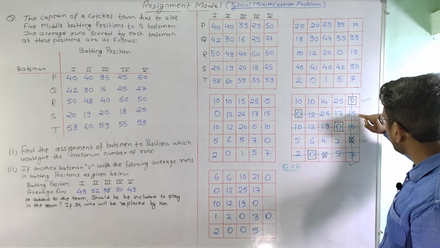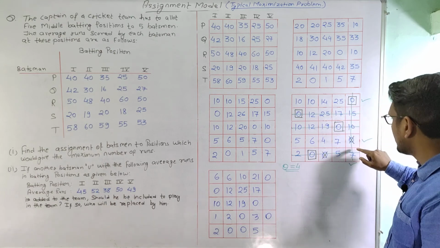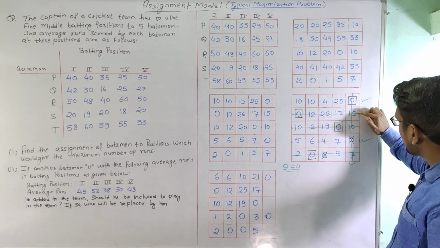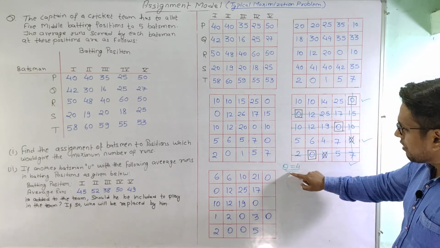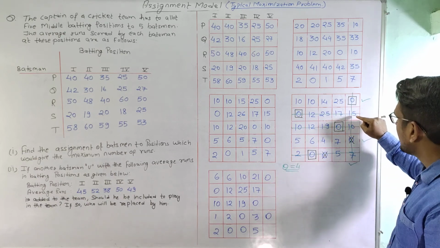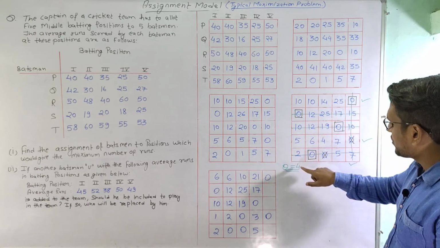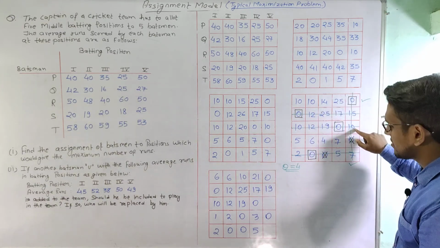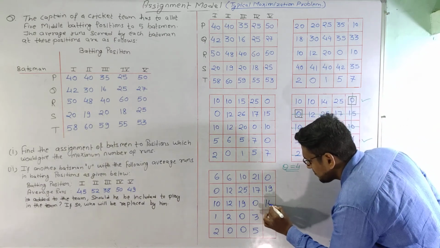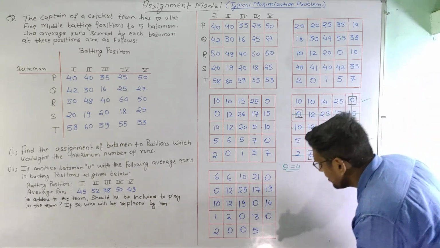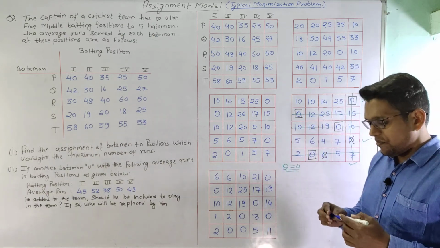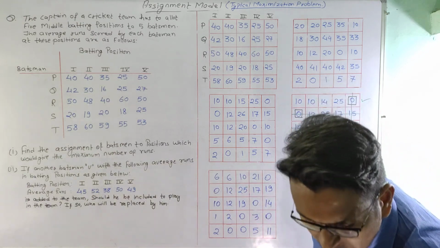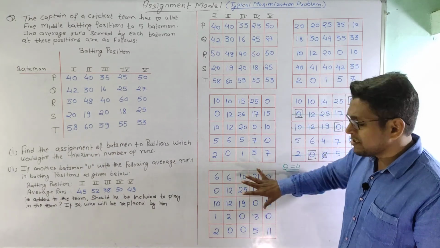Now there are three cells where two lines are passing. For this cell, the new Cij will be equal to the older Cij plus the value of theta. That means if this is 15, 15 plus theta, that is 15 plus 4 equal to 19. So this will be 19. Similarly, this is 10, 10 plus 4 is 14. Here it is 7, 7 plus 4 is 11. So we have calculated the new assignment matrix here, and again we will try to make assignment in this matrix,